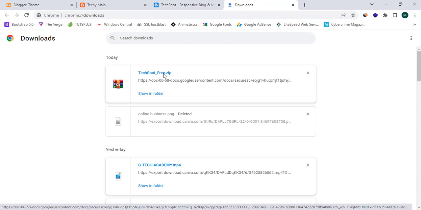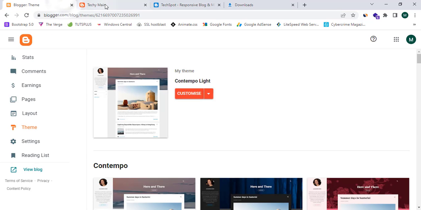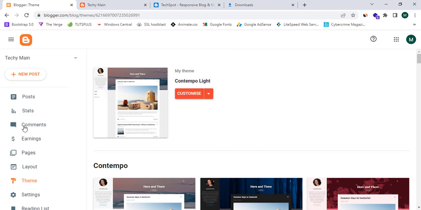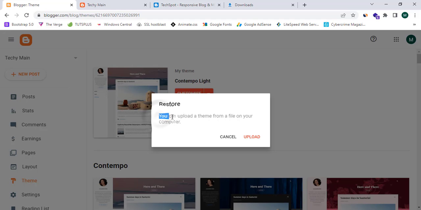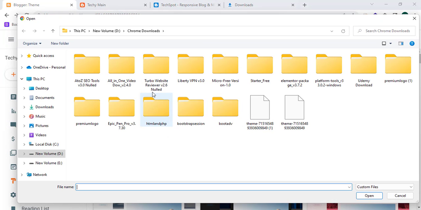So now let's try to upload this theme in the Blogger website dashboard. So soon after I enter the dashboard and click on themes, here it shows my current theme. So now I'm going to change this and click on the drop down over here in order to change, and click on the restore button, and here it will show me you can upload a theme from a file on your computer. So now I'm going to click on upload, and in order to upload I need to